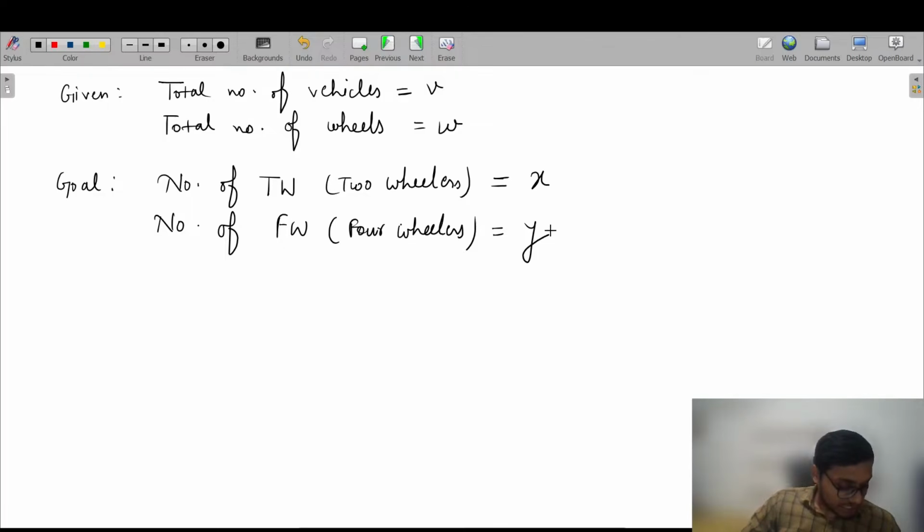Someone is saying, once again explain, sir. Just see, this is very simple. I'm explaining again. We are given these two data, V and W, the total number of vehicles and the total number of wheels. Our goal is to find the number of two-wheelers and the number of four-wheelers. So just to get the expression, we assume X is the total number of two-wheelers and Y is the total number of four-wheelers. According to the problem,